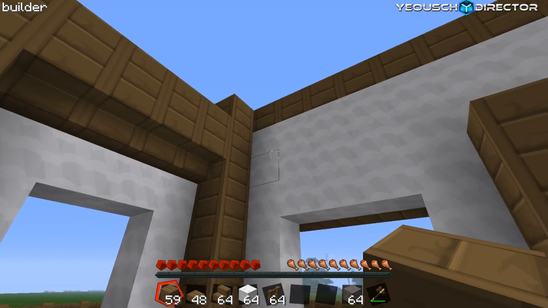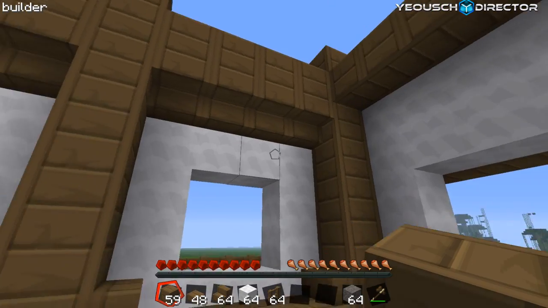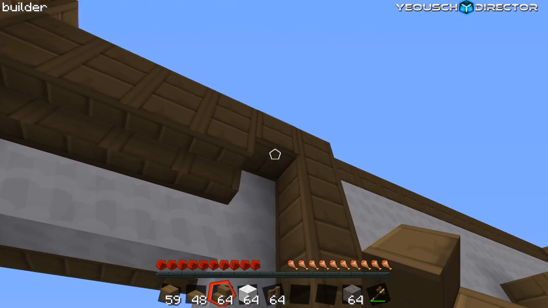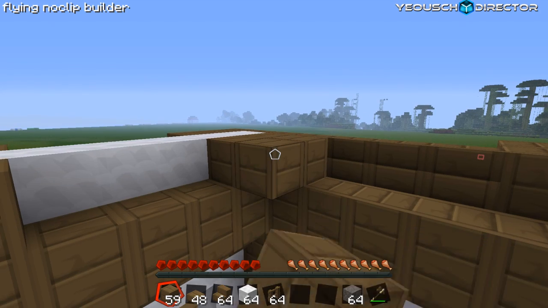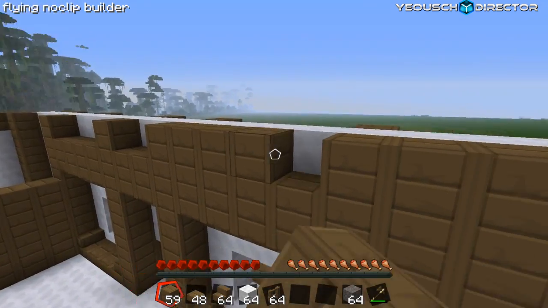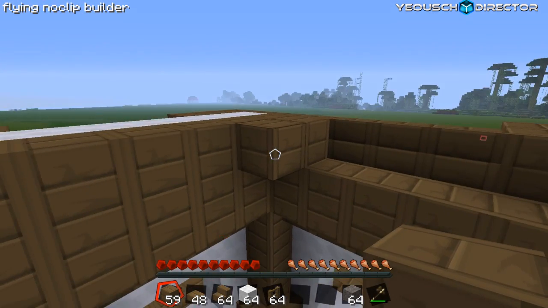And now we're going to do the same thing going this way. So these are going to be solid planks right here, and then you're going to have your steps up underneath like this. And now we need to bring this out 1 more. So we're going to take our planks and we're going to put them here and here, and then 1 block here, and then we're going to fill this in like that. So you got 1 block here in the corner,